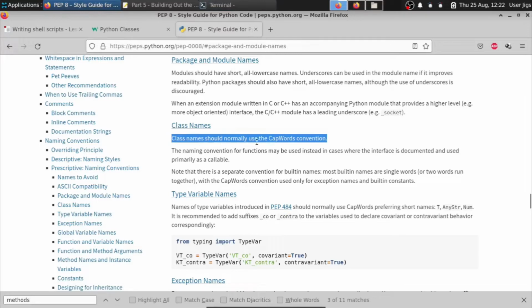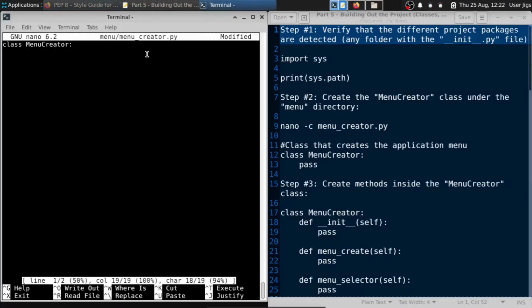Class names should normally use capitalized words like this, so, camel case. Press enter. And I'm just going to put pass here for now. The pass keyword basically tells the interpreter that there's nothing to do here, just move on to the next